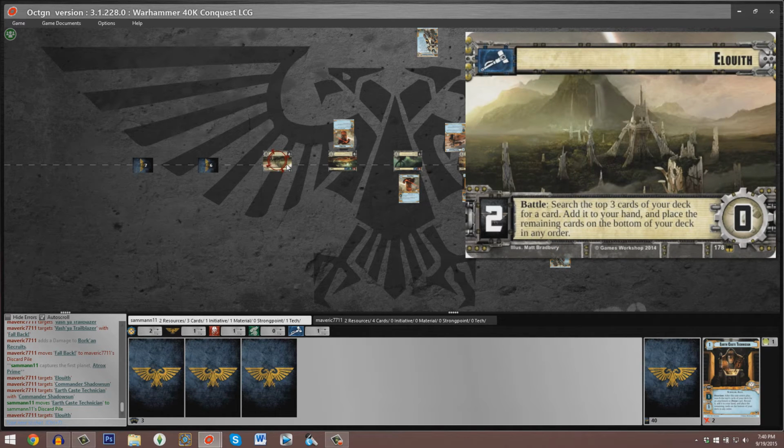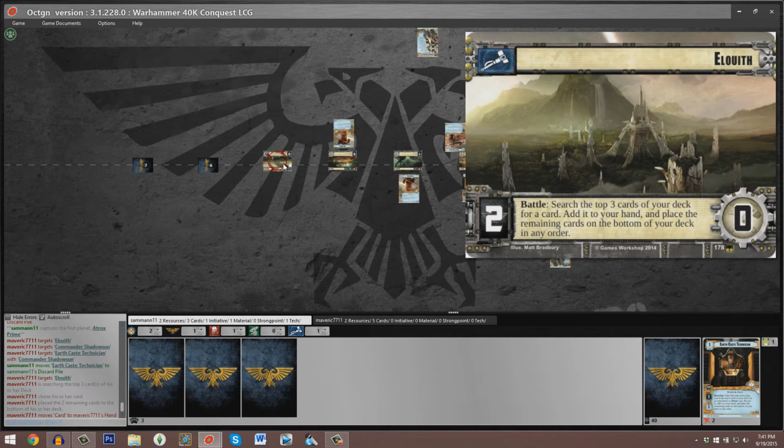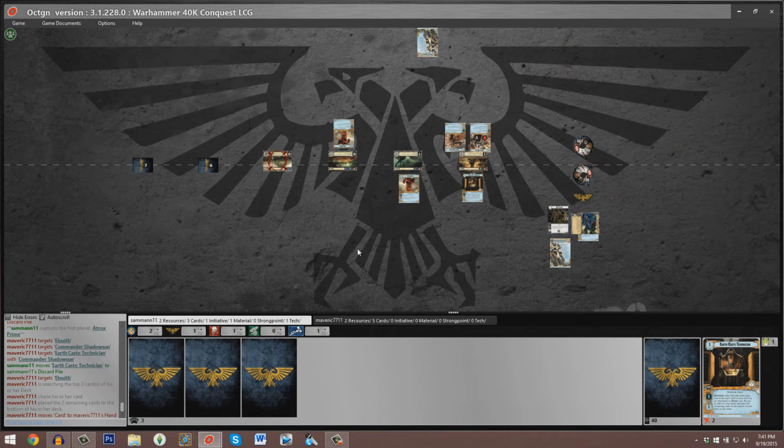Eluith, of course, the battle ability gets to activate, and that allows Maverick to search the top 3 cards of his deck for any 1 card he would like, and to rearrange the next 2 in any order. Prior to, well, as we move into headquarters phase, we're going to be seeing 6 resources, 5 cards for Sam, and 6 resources, 6 cards for Maverick. Eluith does not require you to reveal the card that you ultimately draw, and at the present moment, it looks like there's